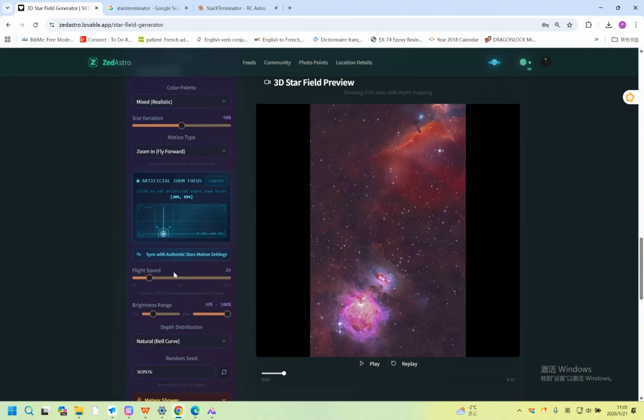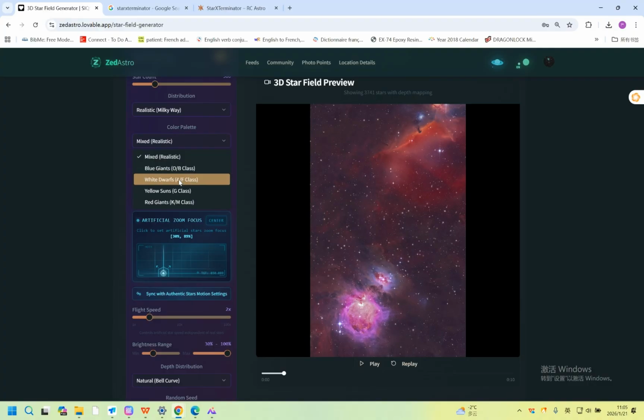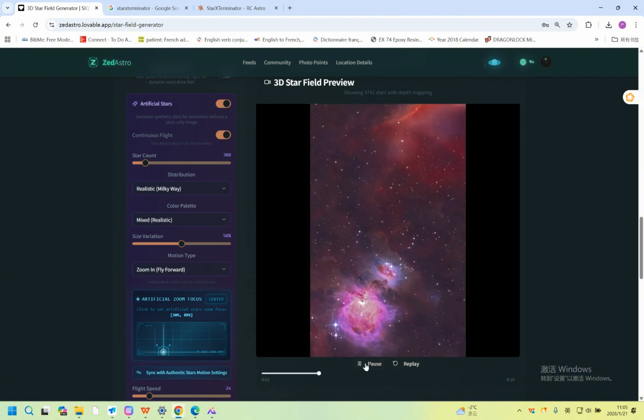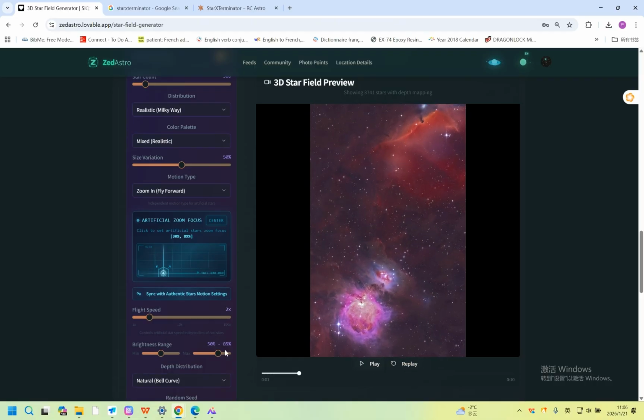And you can change the flight speed and color palette. You can do mix, blue giants, white dwarfs, yellow suns, red giants. Okay, but mix is most realistic. Okay, you can add the count or decrease the count to let's say 300. I think that's quite enough. Yeah, and we can do brightness range from minimum to maximum, 30 to 100, and do 55 to 85. Okay, and